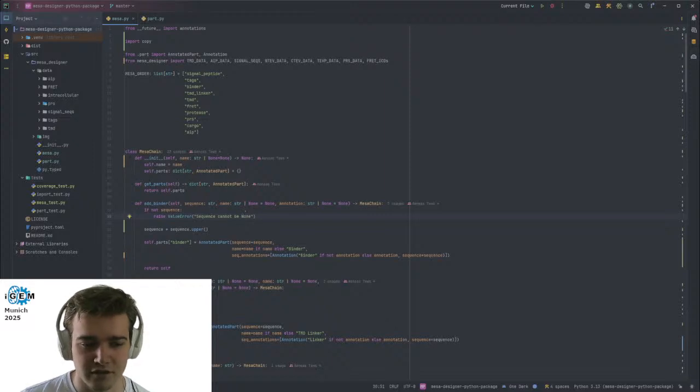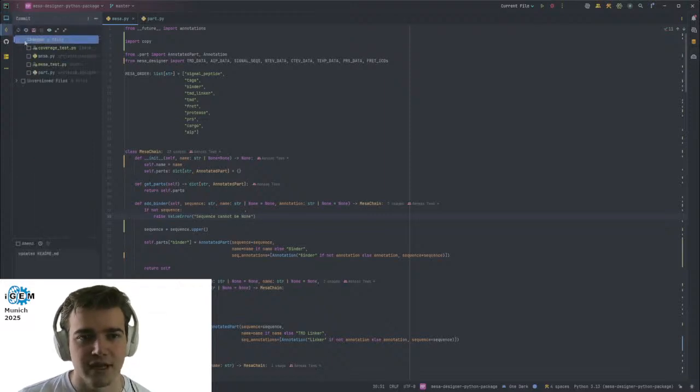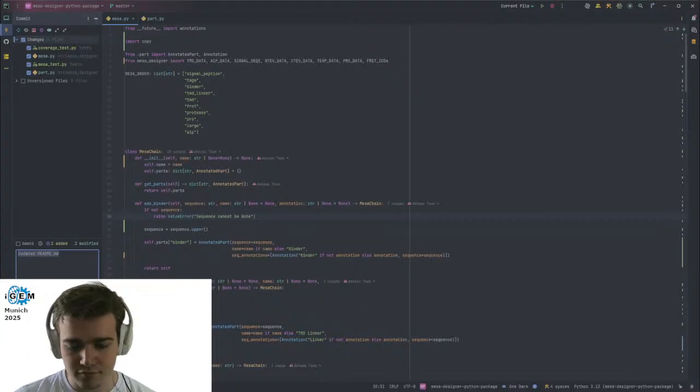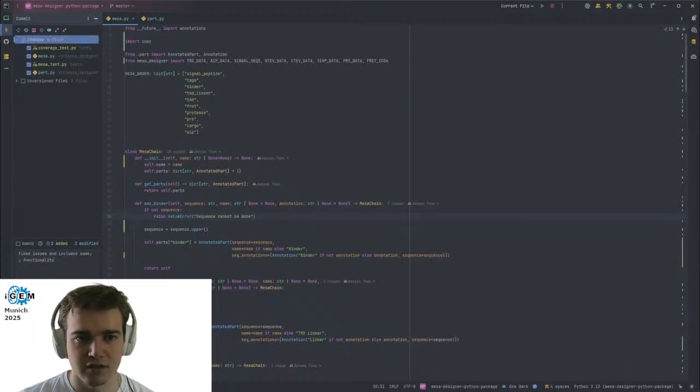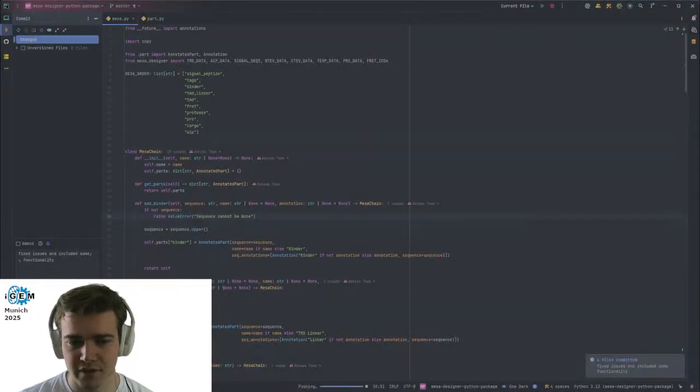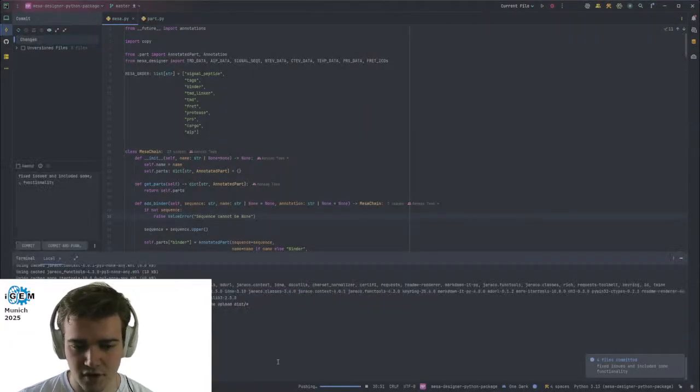For now, I'm just going to commit this, and I guess this is just fixed issues, and included some functionality. Yeah, really helpful commit message. Here we go. We can quickly